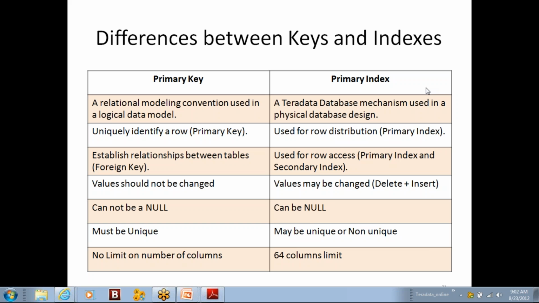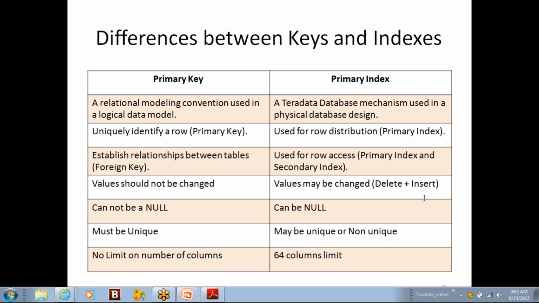Okay, so we have the data dictionary views where we can identify this skew, and in the Database Administrator we have a button where, by selecting the required database and clicking it, it will show you the skew factor. The skew factor should ideally always be 0, but if it is around 5 to 7% it is fine. If the skew factor is more than 7%, then it is a performance glitch, where we need to analyze why this skewness is coming in and whether there is any way we can avoid that problem. So we generally do that analysis to identify the skewness and the resolutions.